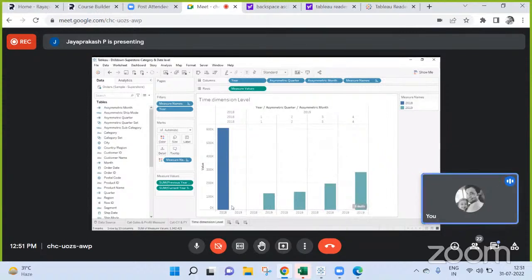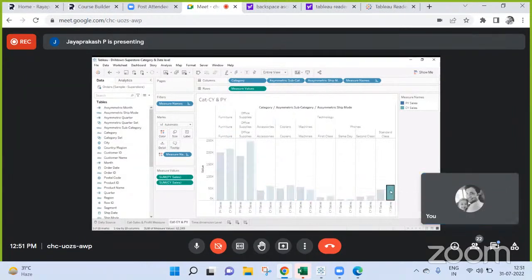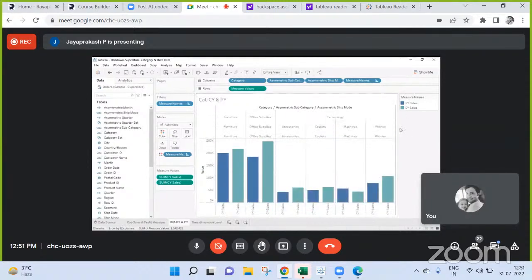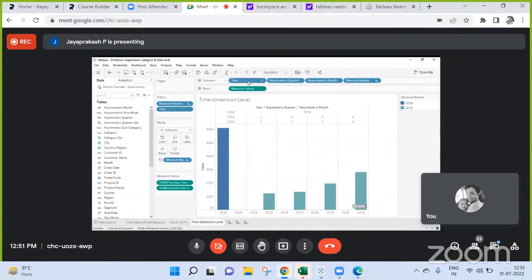Wait. So you mean to say it goes back to the normal state without any quarters? Yeah. Click on any of these. I'm clicking back, so phones are getting back. For example, technology, now category level. If I click, it drills down to subcategory level. Now it is going to ship mode level. Again, if I click phones, it drills down to ship mode level. Side by side, it is coming perfectly here. At the same time, if I do year, quarter, month level, this bar is missing. You understood, right? Yes.